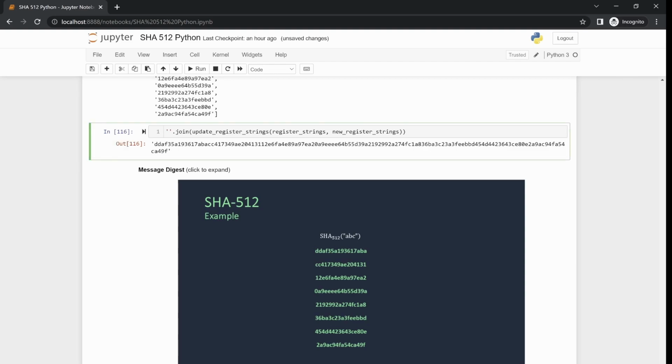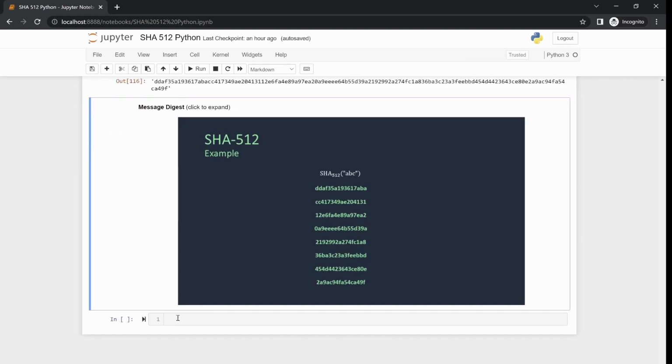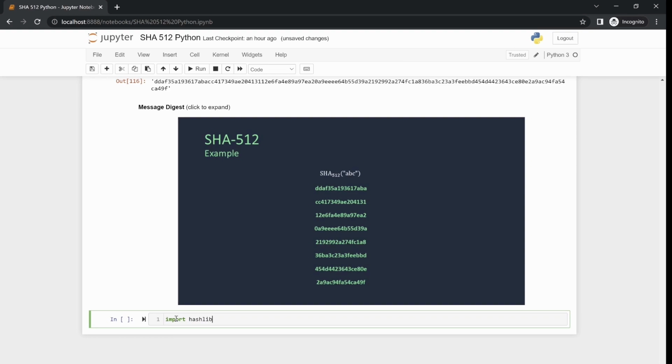Now, one last thing that I wanted to bring your attention to is that we've done all of this calculation. We implemented it in Python ourselves in this tutorial, but there are other methods in Python that allow you to compute all of this without needing to implement it. So it has already been implemented in Python. We just need to use the hashlib library in Python,